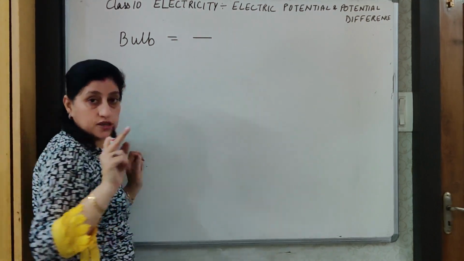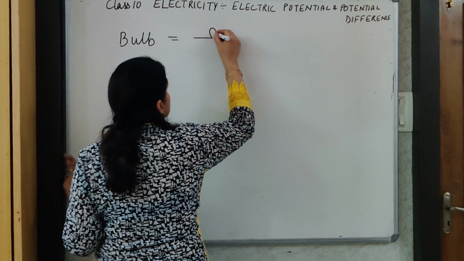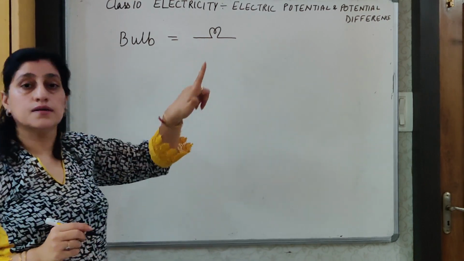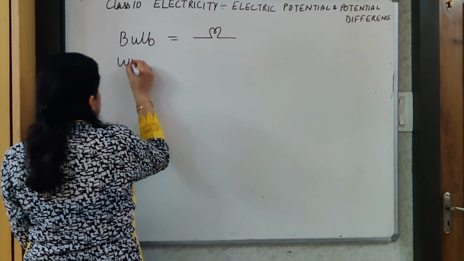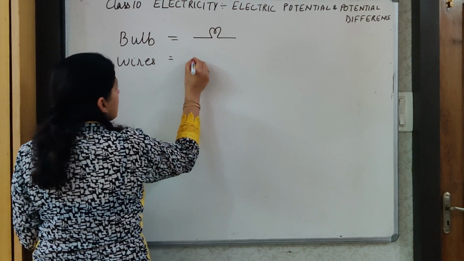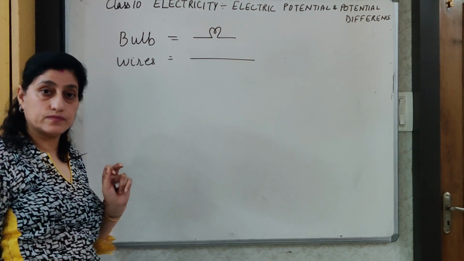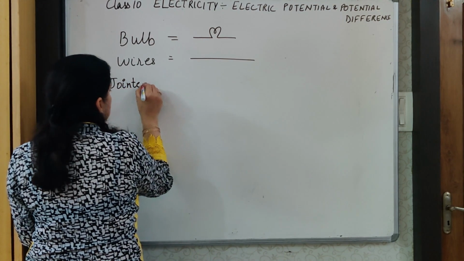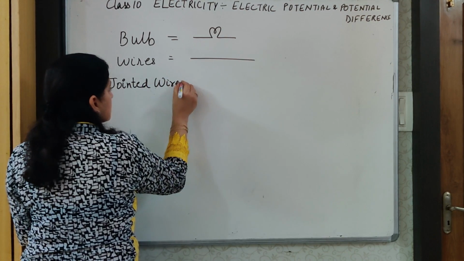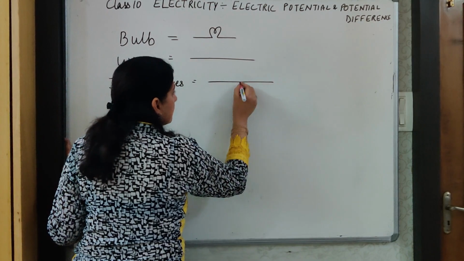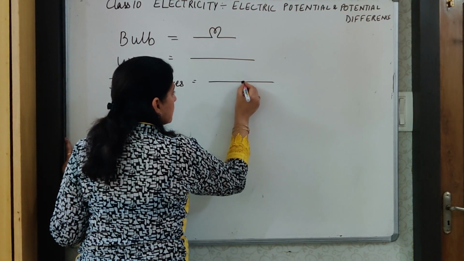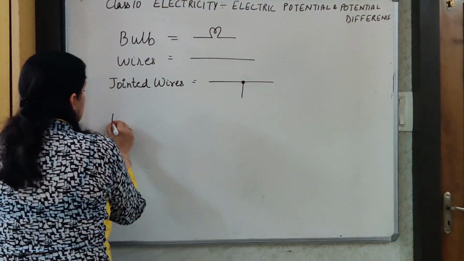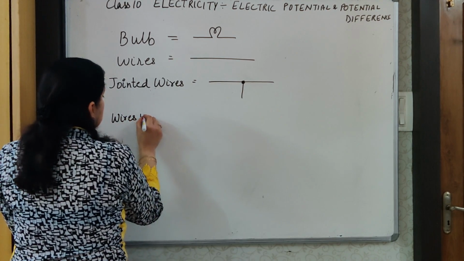This line which I am drawing actually means the wire. Then the bulb is an inverted W sort of a thing, and then the wire. So this represents the bulb. Then wires are represented by a simple line. If two wires are joined to each other, to represent jointed wires, we have one wire, the joint is represented by a thick dot, and the other wire. This represents a joint in the wire. Then we have wires without joint.